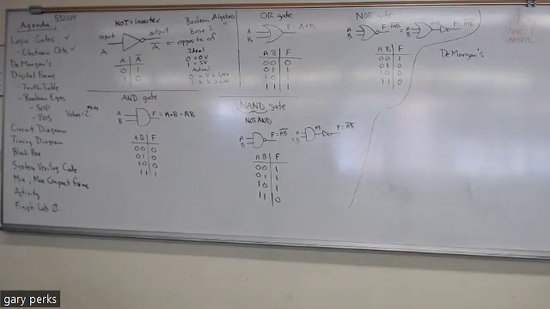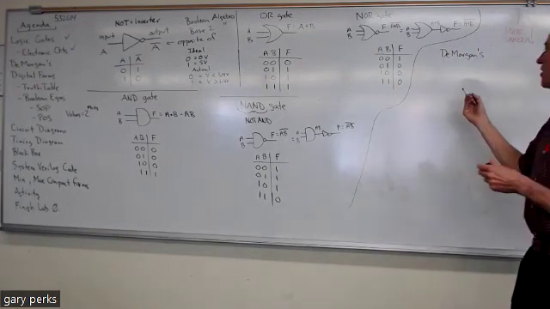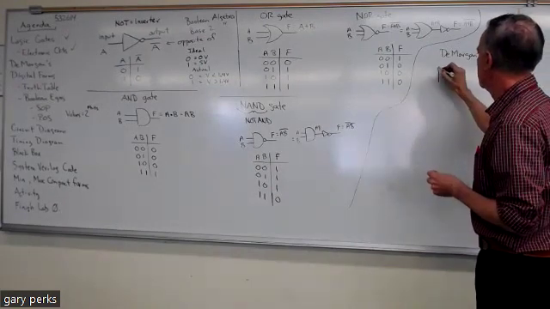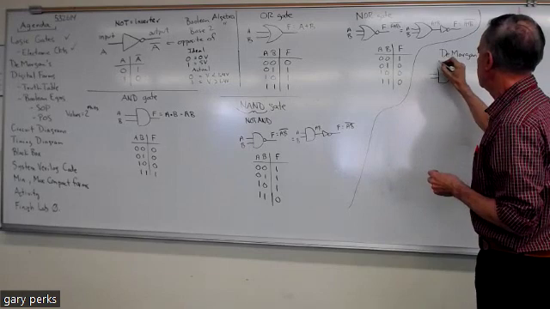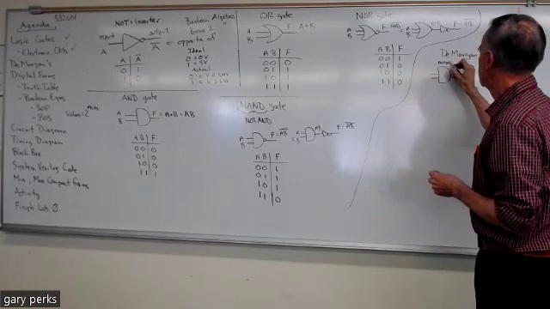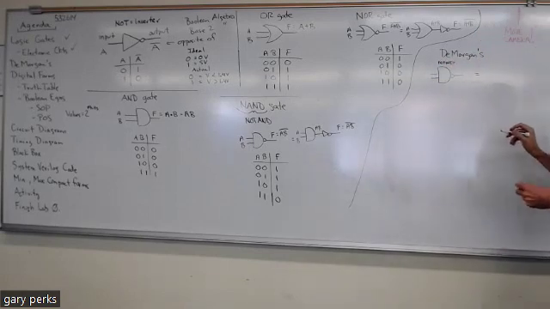And there's two parts to De Morgan's. One part of it is a NAND gate is equal to,